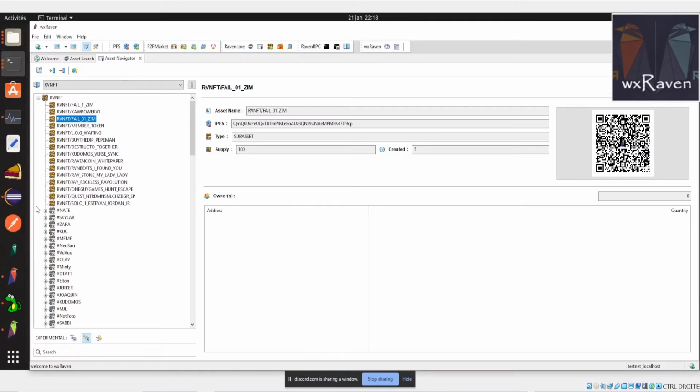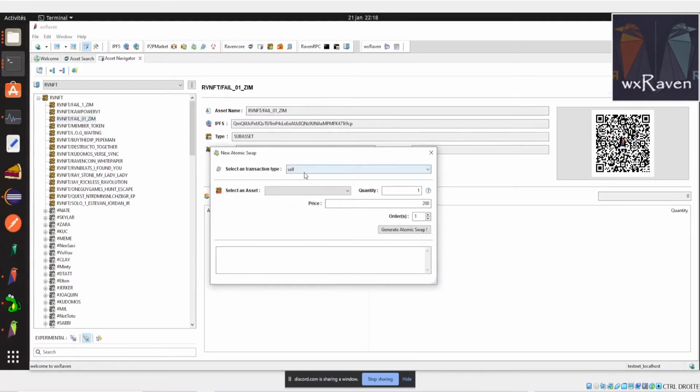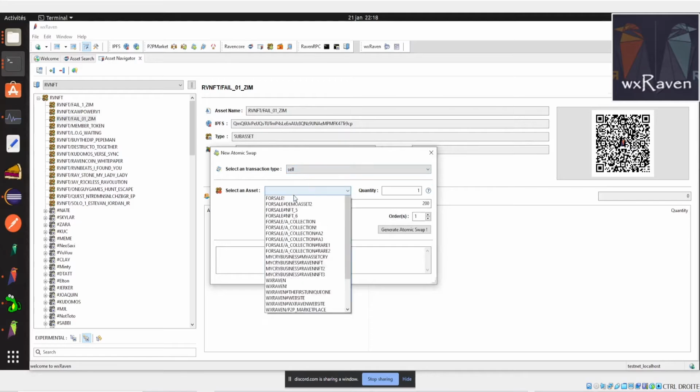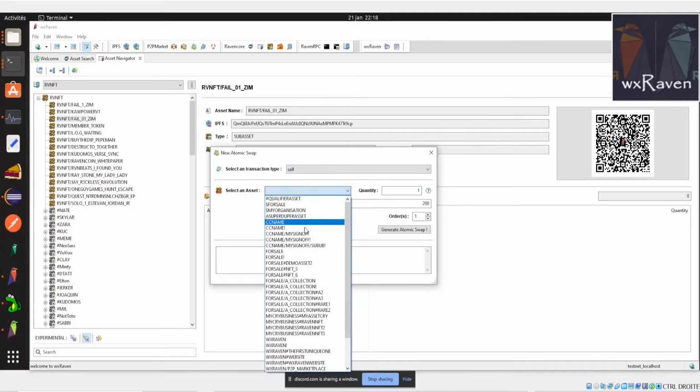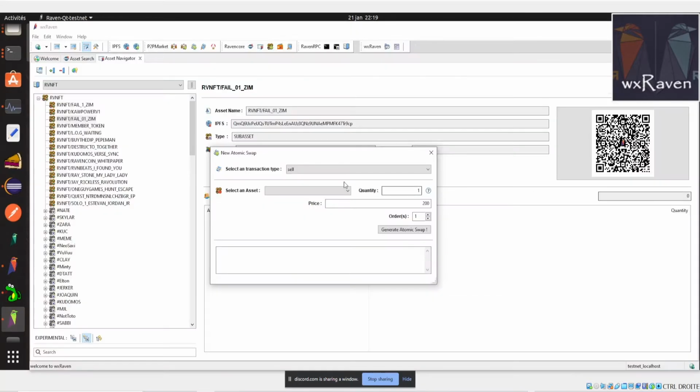The same goes for the listing part, because as we saw, the atomic swap itself, if I create an atomic swap right now, I can show you. If I want to sell an asset, is my asset already confirmed? No, it's not yet confirmed. Let's wait for it to be confirmed and we can maybe try to swap it. But if I create an atomic swap right now, as we saw, we got this raw number